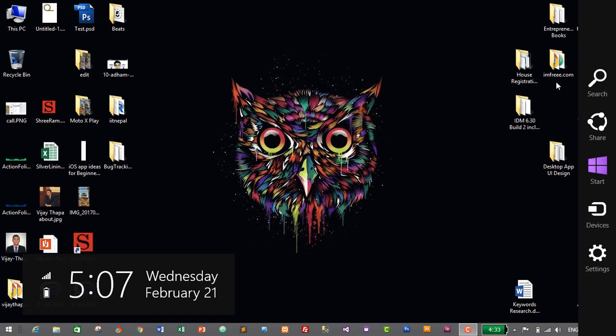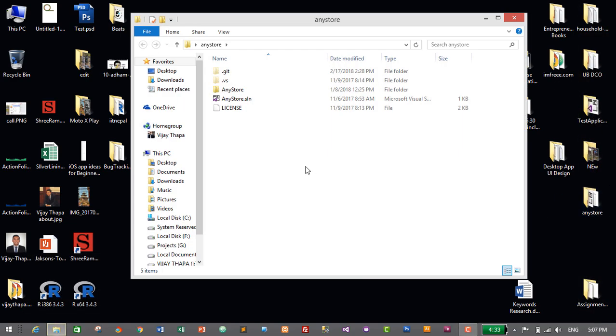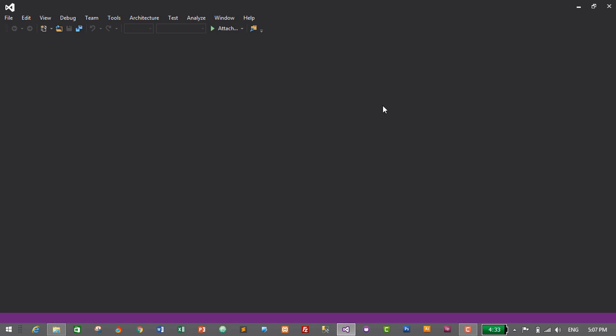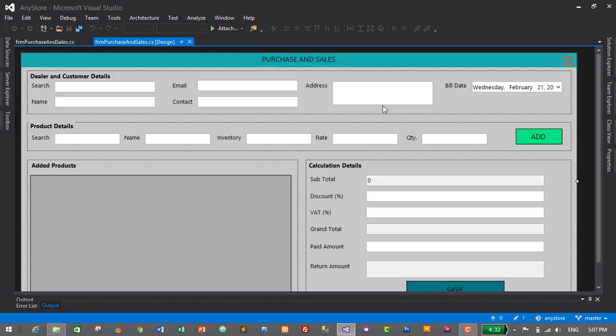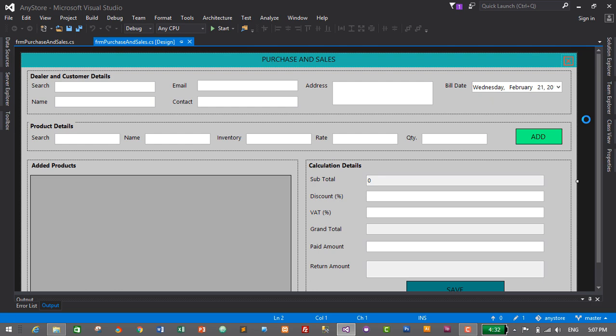So first of all, we'll need to go to our project folder and open our solution file. I'll just double click on it and it will open in Visual Studio, since we are creating a desktop application for Windows. So guys, this is our purchase and sales form, and first of all we need to add a getter